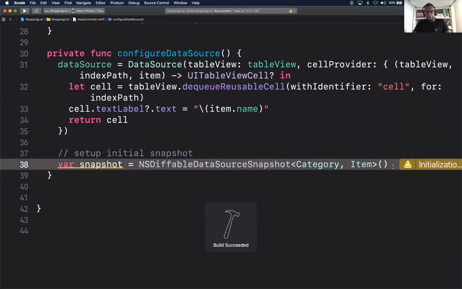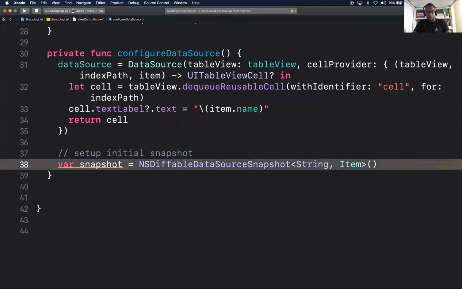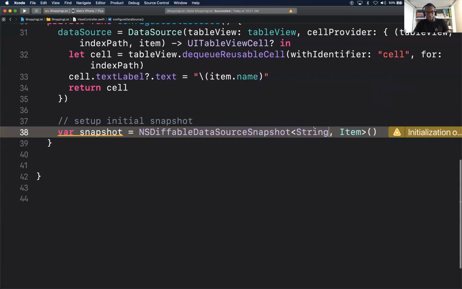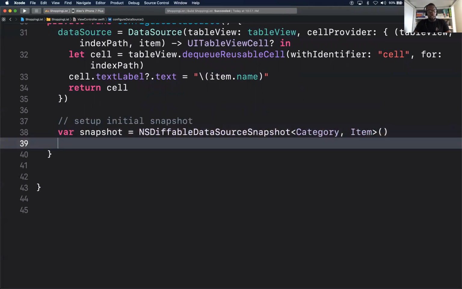So this is what a snapshot looks like. Again, this needs to match your data source type. If I put string here, I'll get an error later. It's going to work here because I haven't used it yet. But if I was to apply this to my data source, I'll get an error afterwards. We'll try to come back and show what that looks like. Somebody please remind me to go back to that. Right now, there's not going to be an error, obviously, because we haven't done anything.